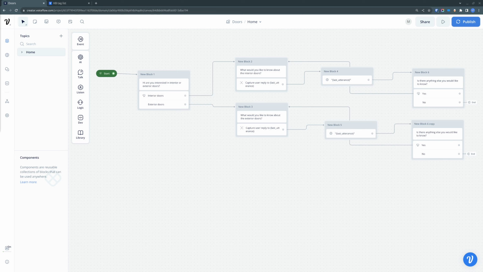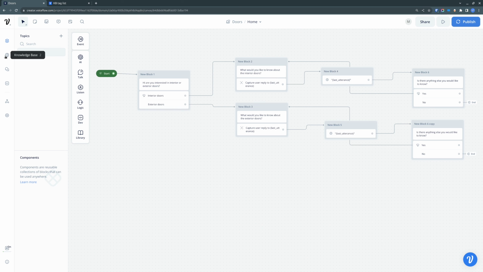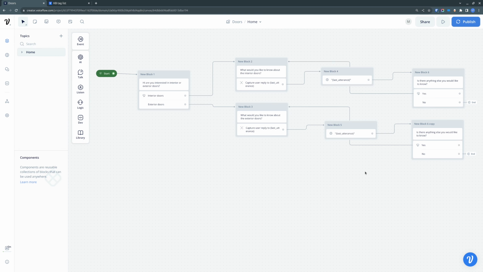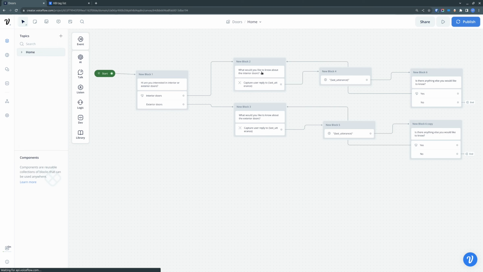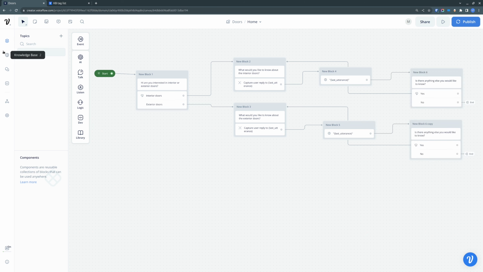Hello. Last time we built a simple chatbot that allowed us to better understand the capabilities and limitations of Voiceflow knowledge bases when you are using the UI. We understood that we are not able to specify a specific knowledge base file that needs to be used for answering specific questions. We also understood that we are not able to select a specific LLM just for answering certain